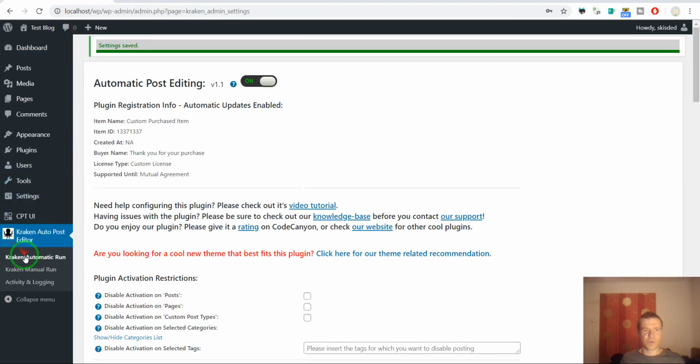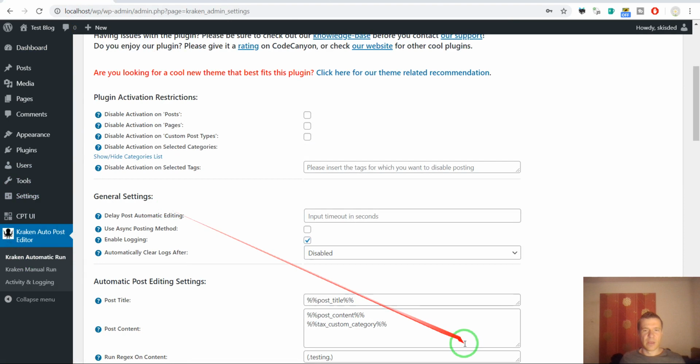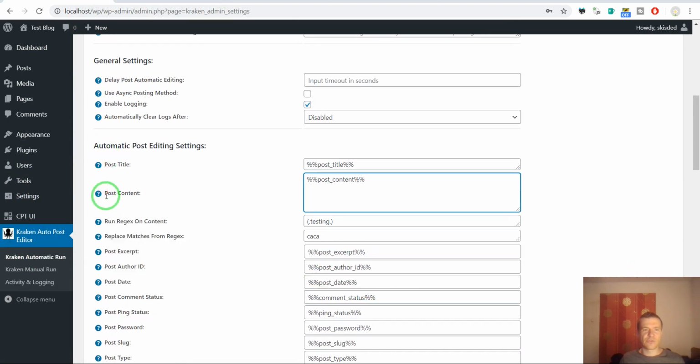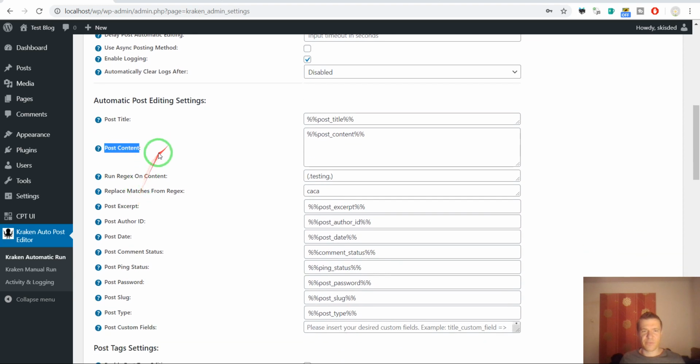Let's go into Kraken settings, and here let's scroll down and search for the post content settings field. Here you should have already the post content shortcode and enter the new line. This is HTML for new lines, so this will be replaced with a new line. Let's enter 2 new lines, and afterwards let's write custom category,